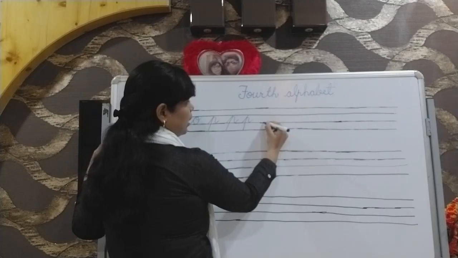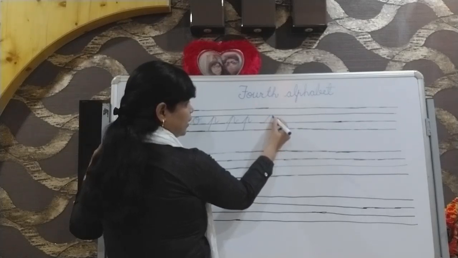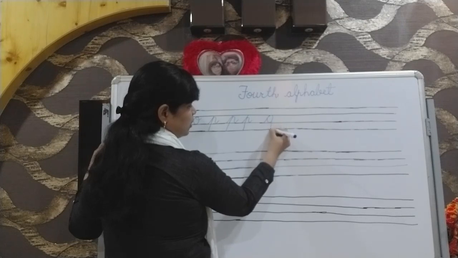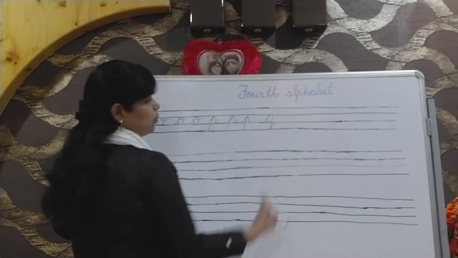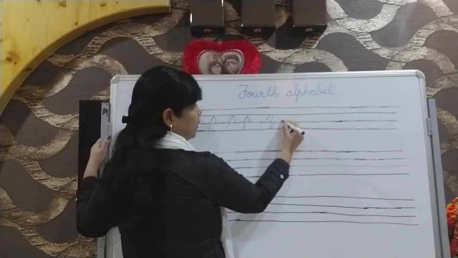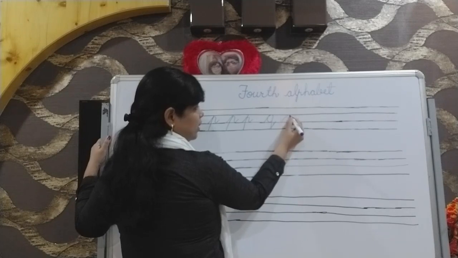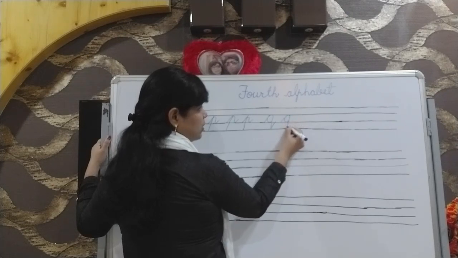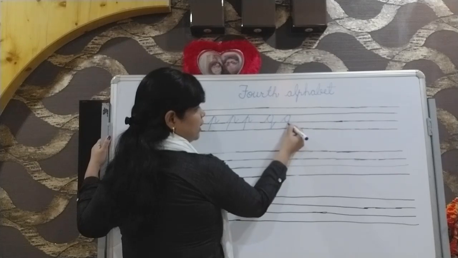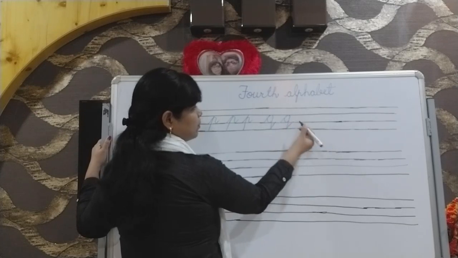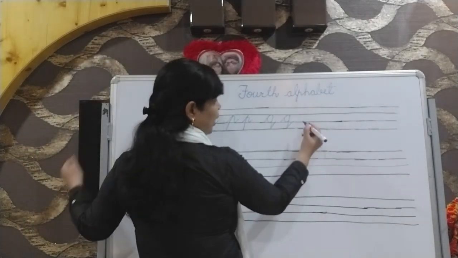Q, in the same manner that we have written A, we have to write Q. Make a circle in the middle line, go downwards, and Q. Look carefully. From the third line we make in the middle line one slanting line, make one circle and go downwards. In G we have made a circle in this manner. Now in Q we should not make any circle, we should draw a slanting line in this manner. Is that clear?